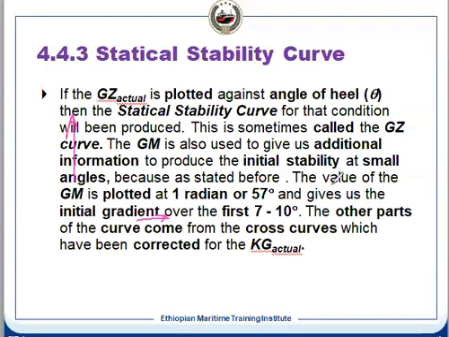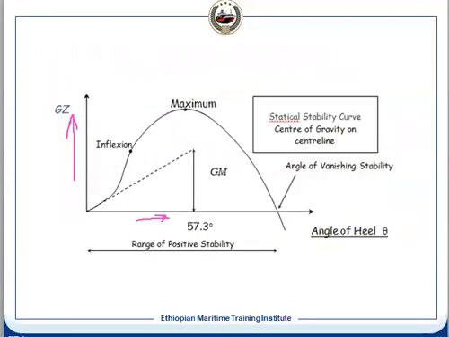But at large angles of heel, we have seen already that up to 7 to 10 degrees the GM will be the same. After that, what will happen? GM will drift away. It means GM will change. GM will increase. So in that case, we need to find out what the GM is. How do we find it? We have plotted the curve of angle of heel against GZ. We have made a curve like this. Now this curve gives us certain information. It means at each angle of heel we have got the GZ.